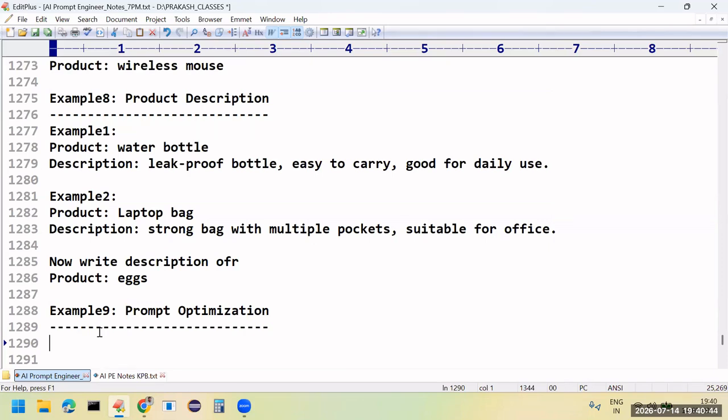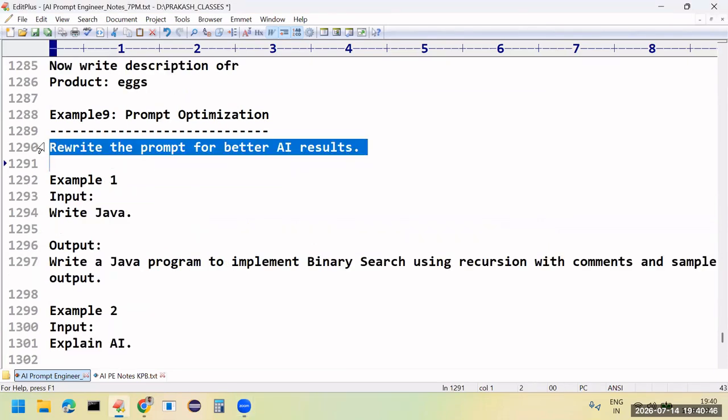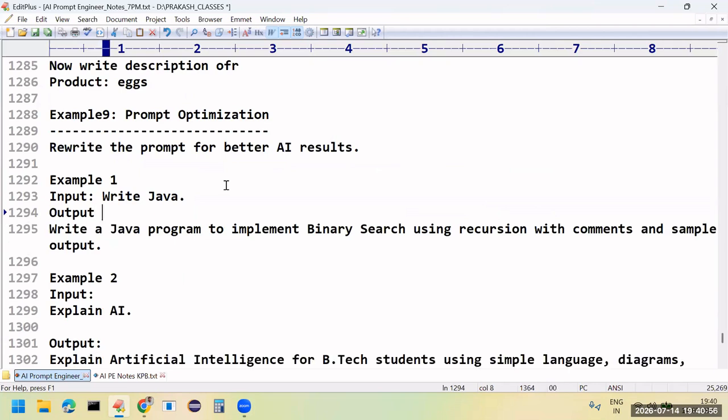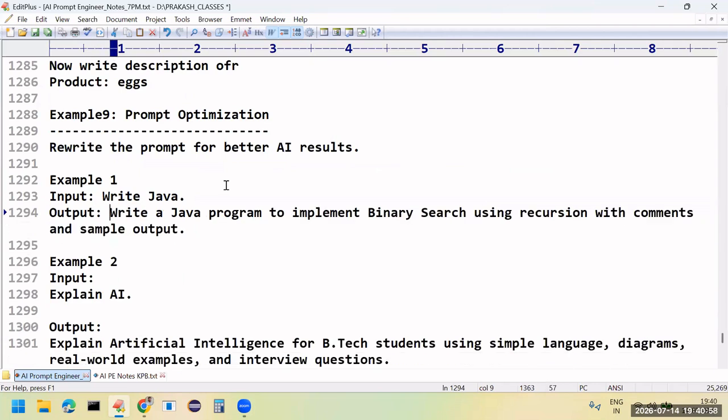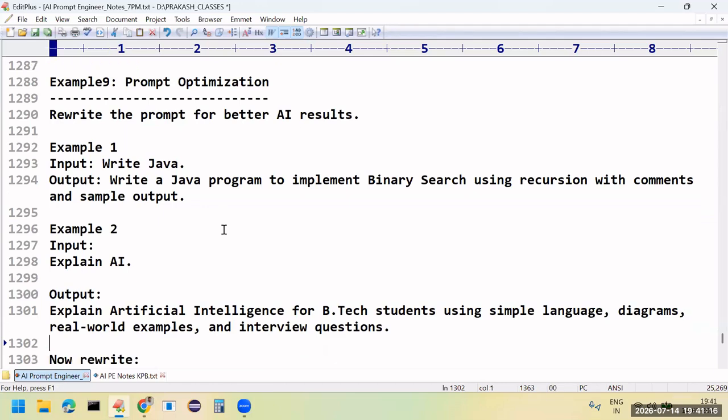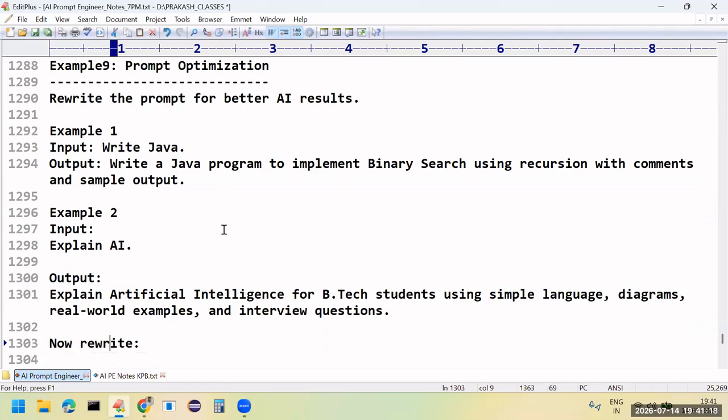So if you observe here, rewrite the prompt for better AI results. The input is "write Java." What is the output? Write a Java program to implement binary search using recursion with comments and sample output. Explain artificial intelligence for BTech students using simple language, diagrams, real world examples, and interview questions.